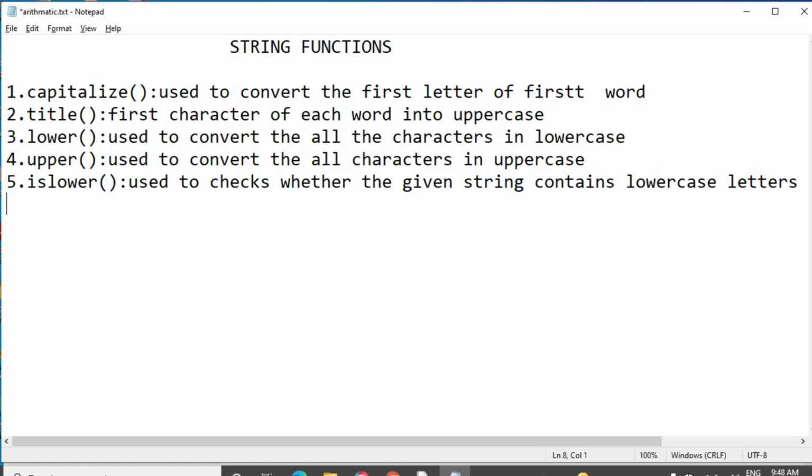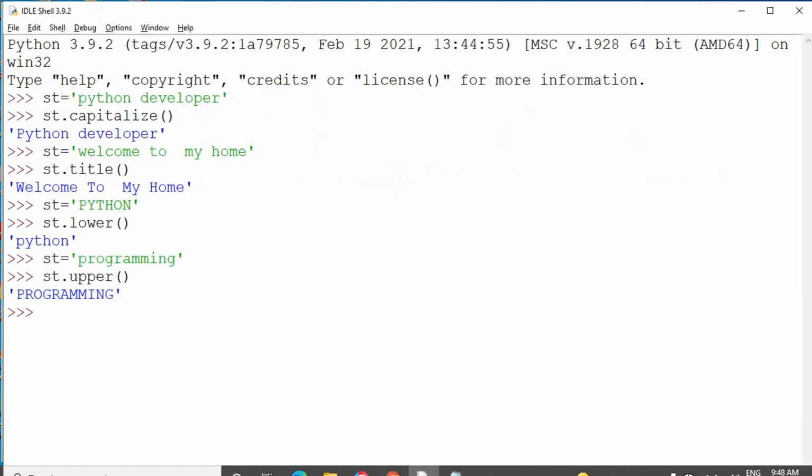The islower function displays the result as either true or false. If the condition is true, it will display true. If all the characters are in lowercase only, it will display true. Otherwise, it will display false.